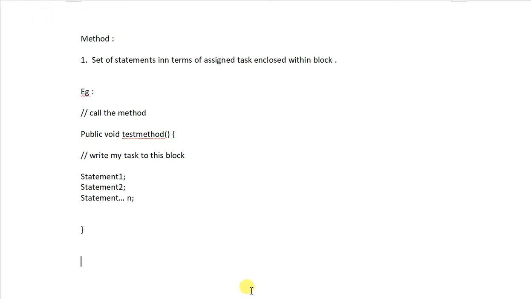Before going to the scenario directly in Eclipse, let us understand the types of methods.